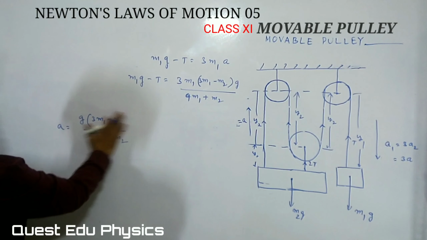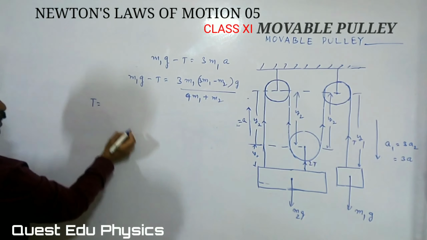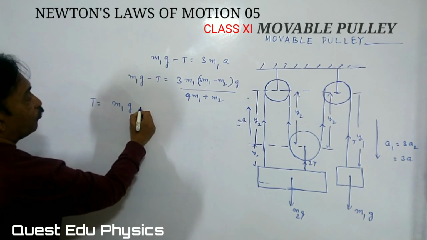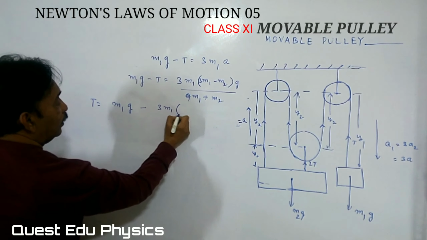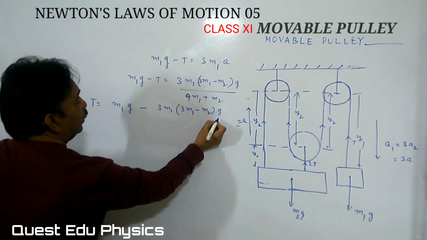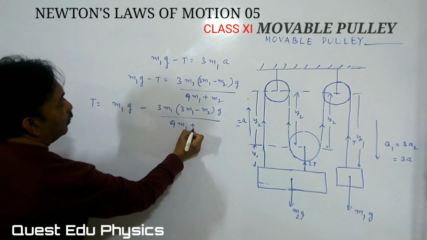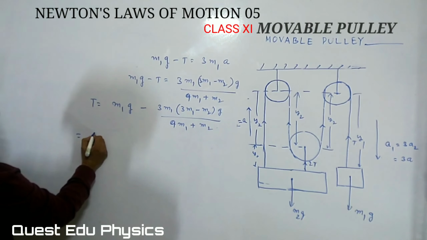Further we are writing it as t is equal to m1g minus 3m1 into 3m1 minus m2 into g by 9m1 plus m2,